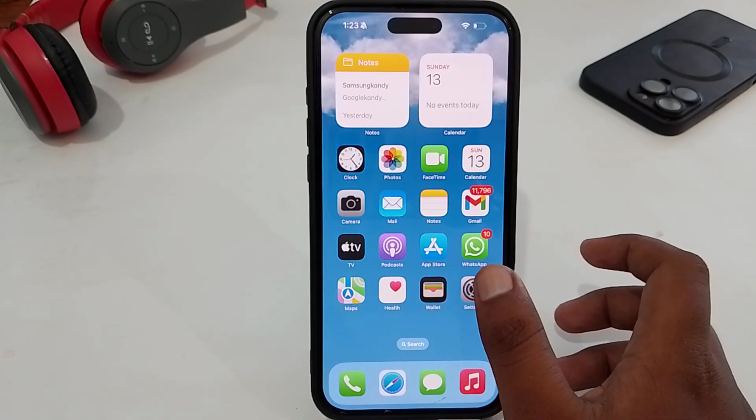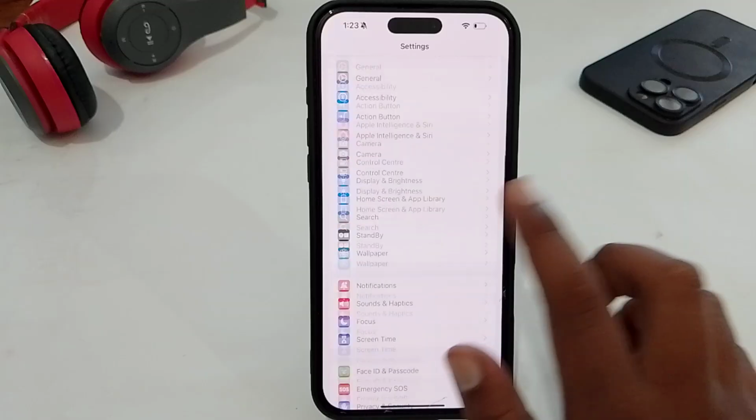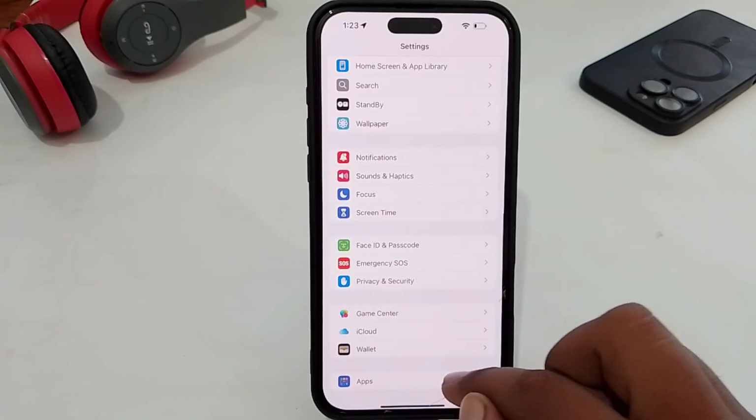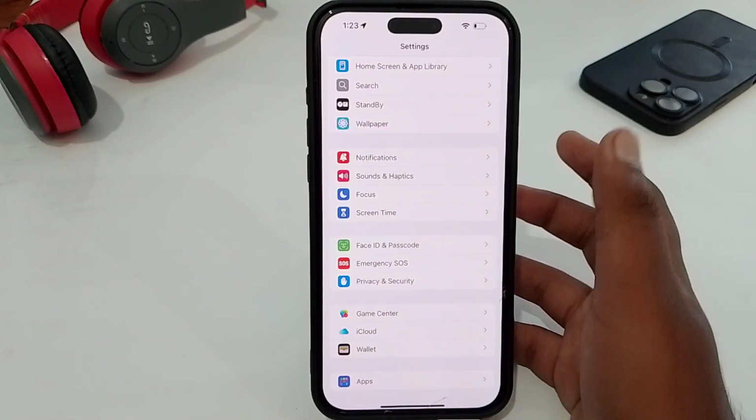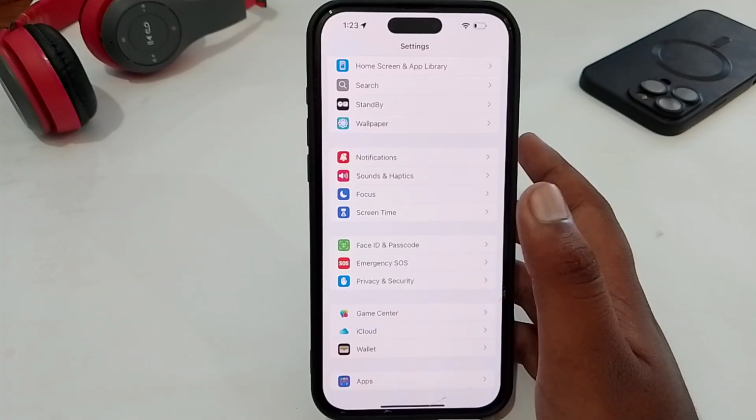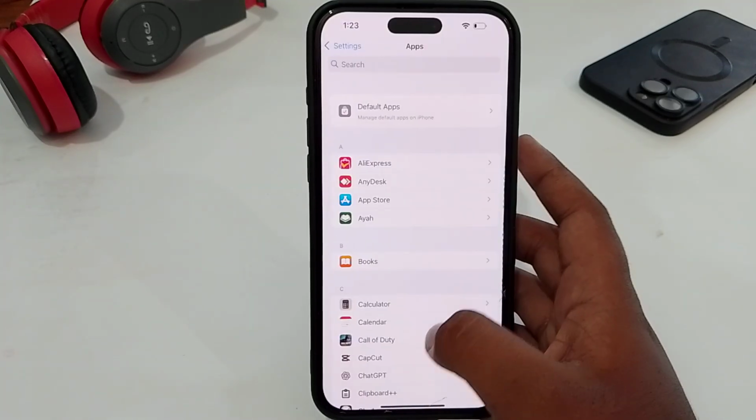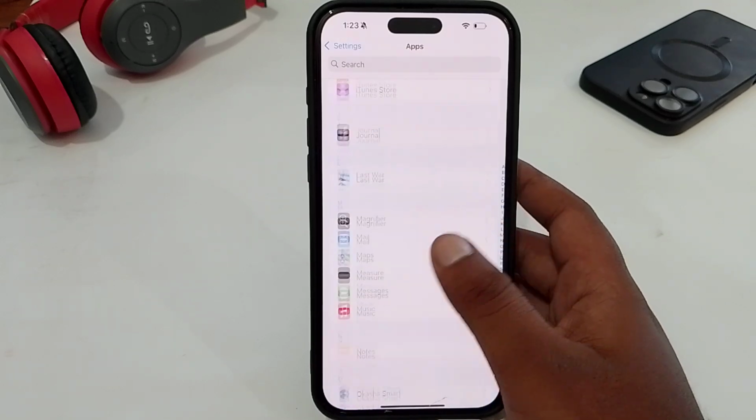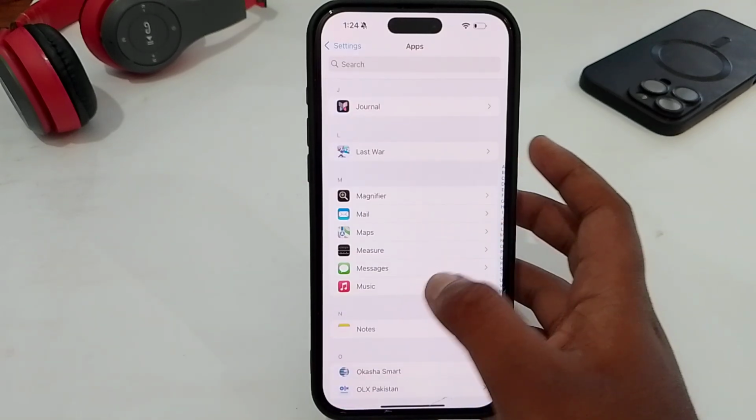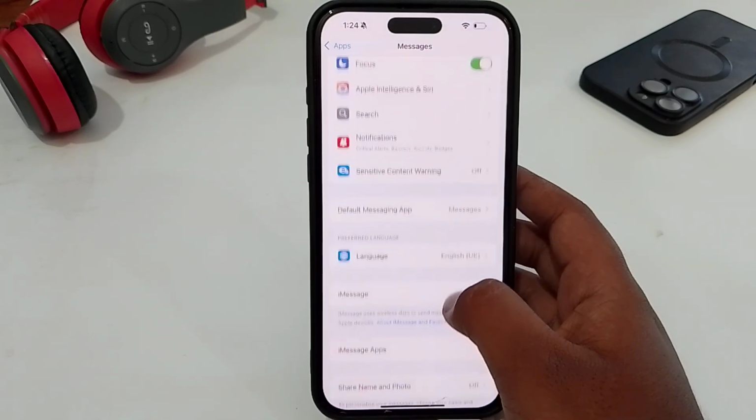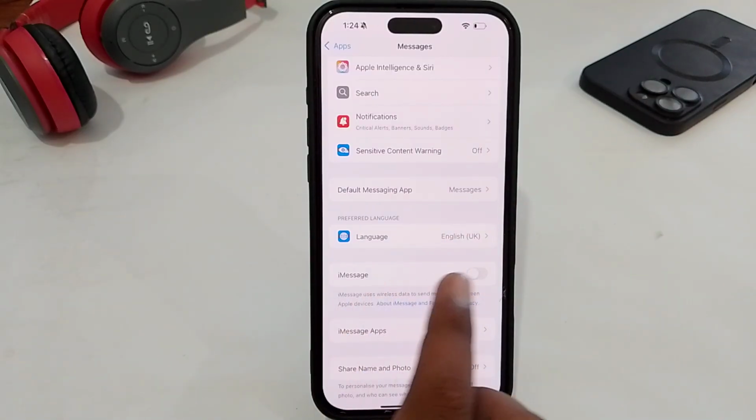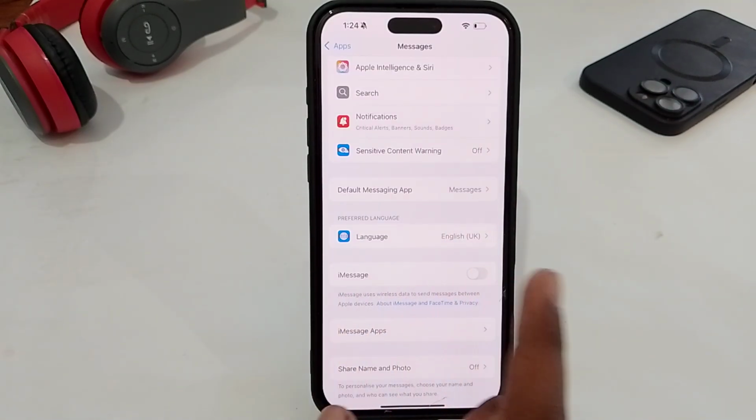First, you have to open your phone settings. In settings, just scroll to the end and you will get the apps setting. The apps setting is here and it's in update. So just open it and here look for iMessage or the Messages app. Here's the Messages app, tap on it, and here you have to activate this setting, which is the activation of